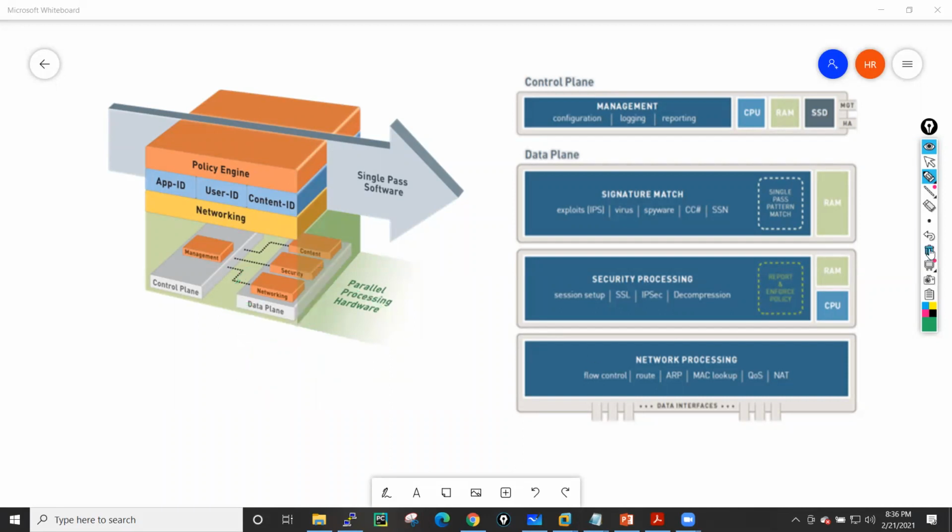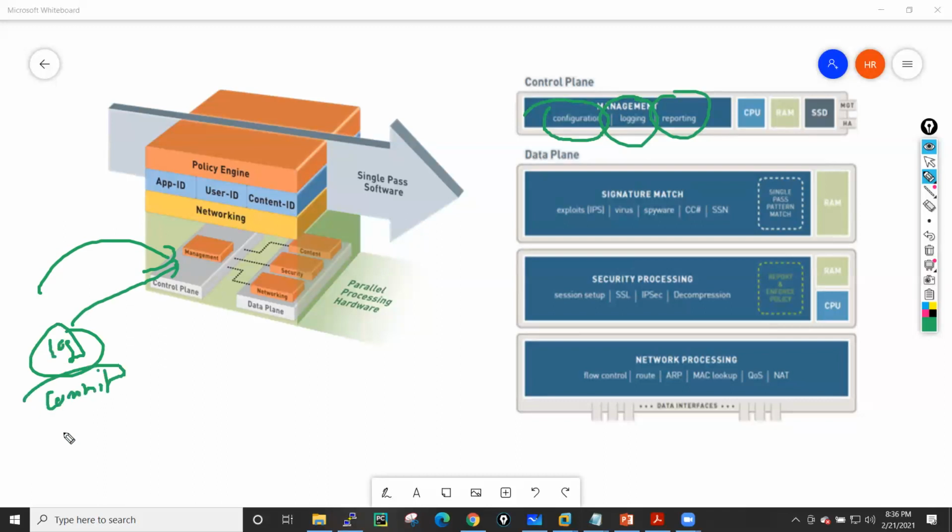And one more benefit: your control plane is responsible for configuration, logging, and reporting. These are the three jobs done by the control plane. Now let's suppose there is an issue with the control plane process. Maybe your logs are not generating, or maybe your commit is failing. Commit is generally used for saving the configuration.